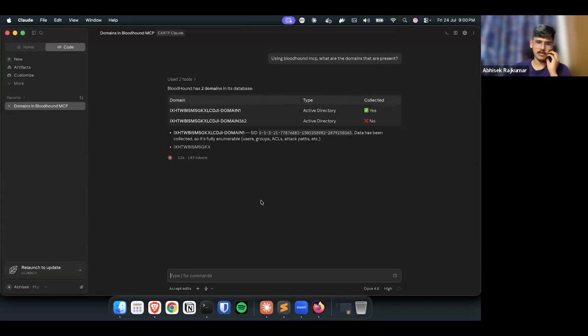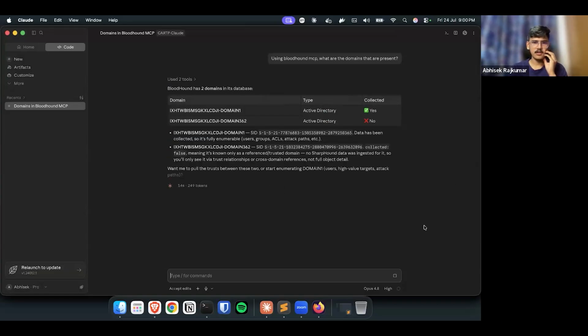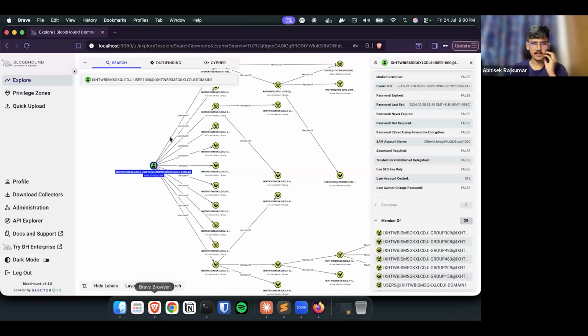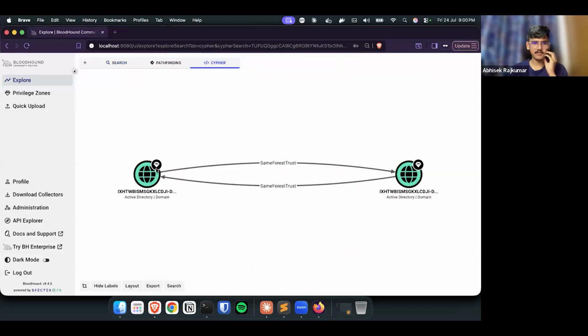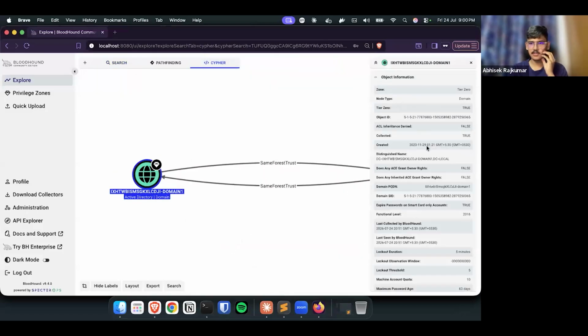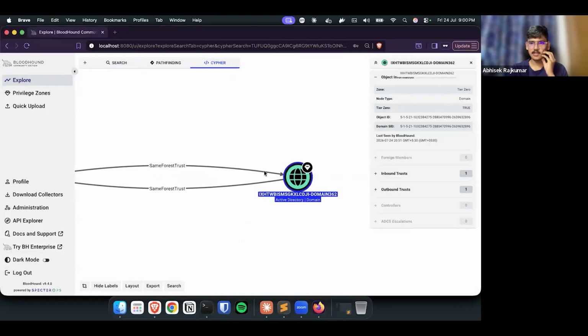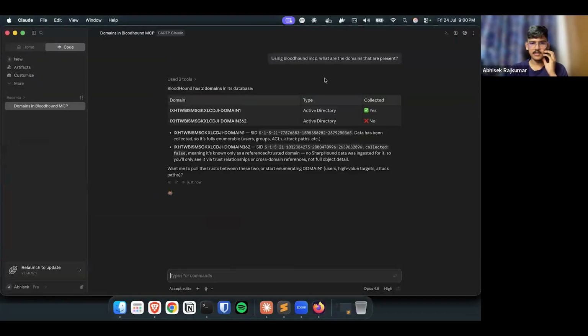So it took out two domains that were in there. We can see this domain and this domain, and we can quickly cross verify if that was the information. We can see this domain and this domain is there. So that is the same information that we got from here.